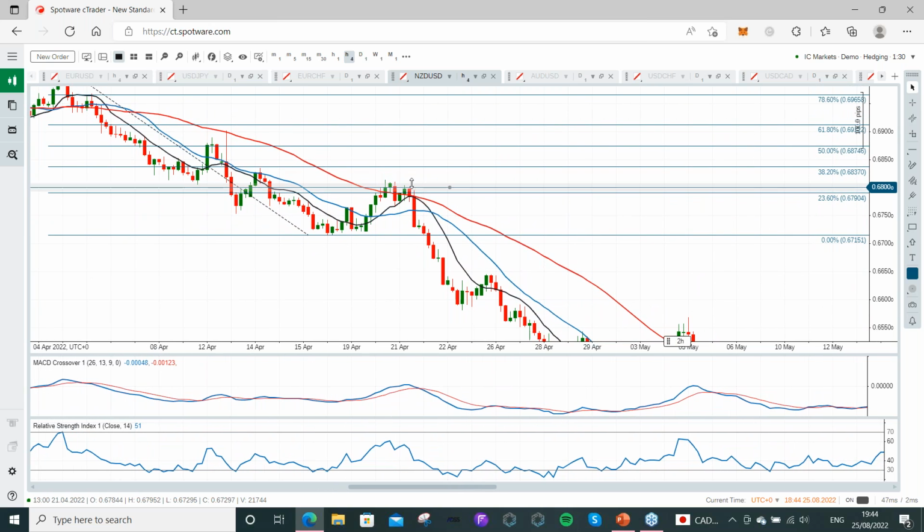If this is going to be a trend continuation, we could either wait to see the price action on the 4-hourly, and this is a little bit trickier to see, I suppose, but just here we do have a lower high on the 4-hourly time frame, and that is coinciding with that area on the daily time frame that matched with the 23.6 retracement and the moving averages there. So on the 4-hourly time frame, perhaps we could actually put an entry at the lows there with a stop at the highs, or alternatively, if you feel that that's a little bit too early or a little bit too risky,